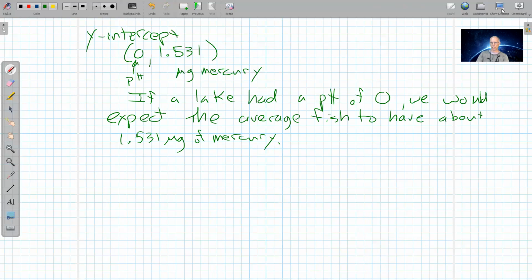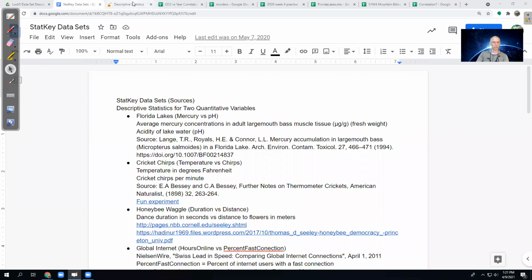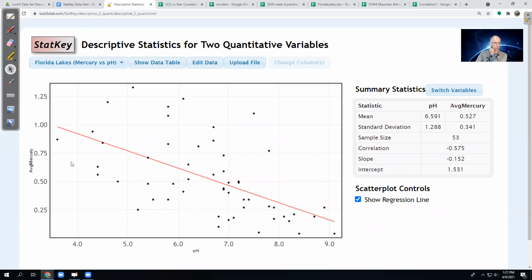And if we look at the data though, the lowest pH we have is a 3. So the y-intercept's really just there to put the line in the right spot. An actual pH of 0 doesn't exist in the real data. So although I can interpret it, it may not be a meaningful interpretation. The slope, however, is always a meaningful